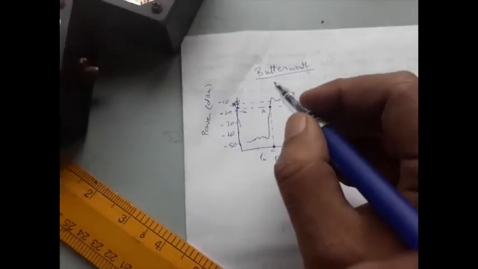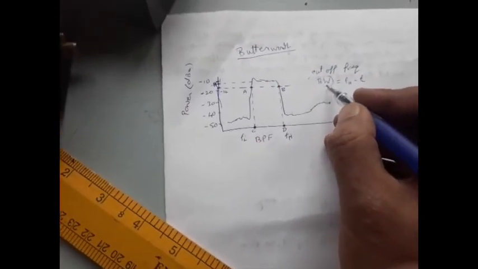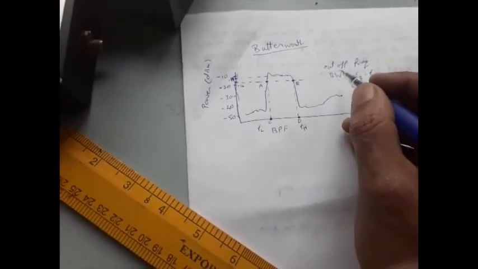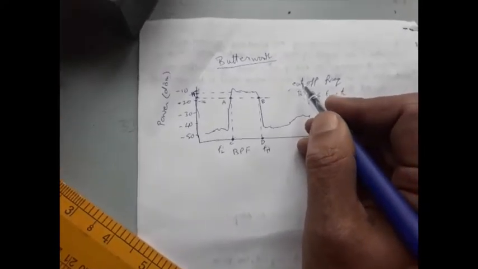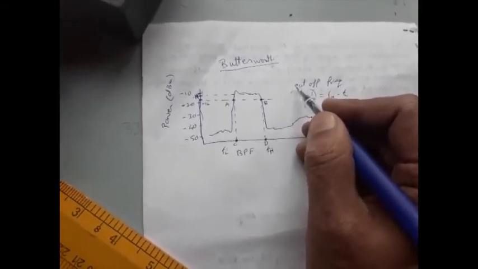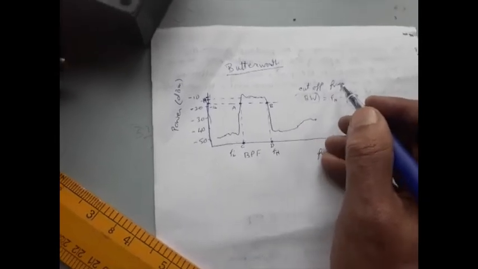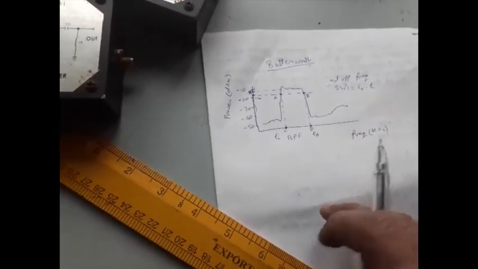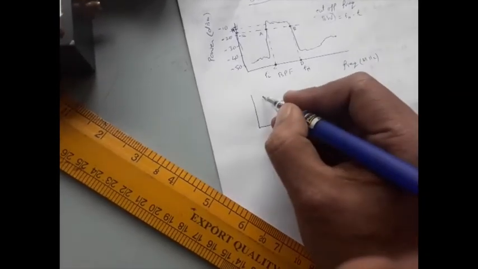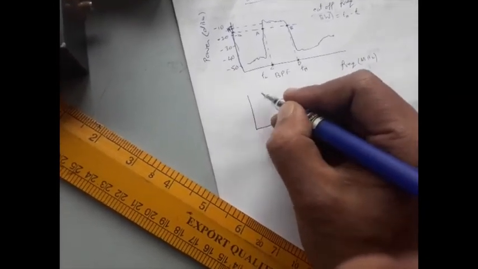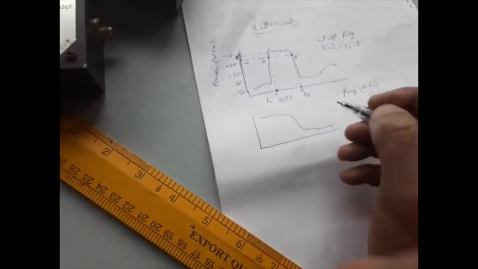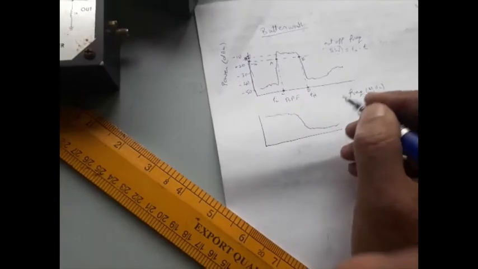Again, I am telling you that you have to calculate this bandwidth only for the band pass filters, but for high pass and low pass filters you don't need to calculate the bandwidth. The only thing is that you have to calculate the cutoff frequencies. The procedure will be the same. For example, if we want to get the cutoff frequency of a low pass filter, it will be something like this, low pass filter.